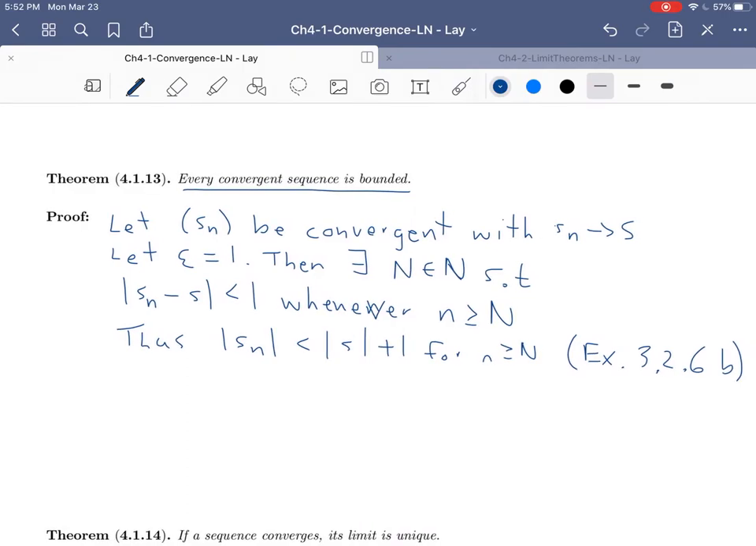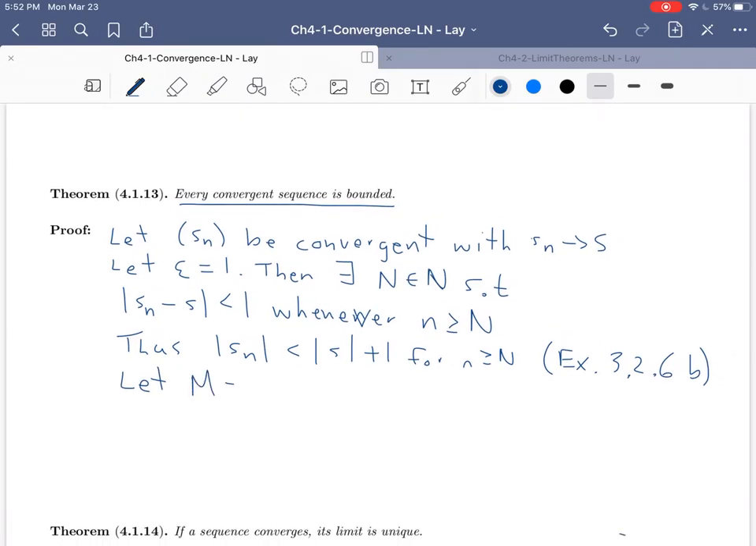So let M, big M, be equal to the maximum of the absolute value of S1, S2, up through the absolute value of S sub big N, along with the absolute value of S plus 1. So if M is the largest of all of those choices,